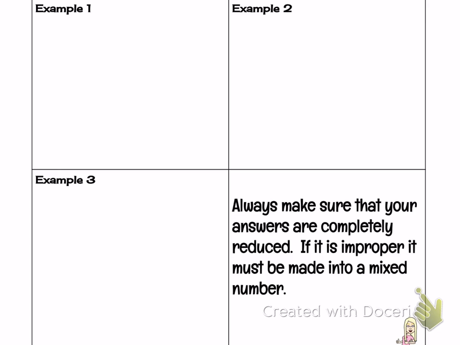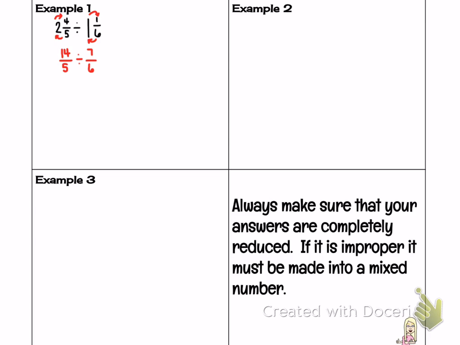Let's do 2 4/5 divided by 1 4/6. Actually, let's make it 1 1/6. Okay, so 2 4/5. The first step is to put in A over B form. So I'm going to change both of them. 5 times 2 is 10, plus 4 is 14/5. Still divided by 6 times 1 is 6, plus 1 is